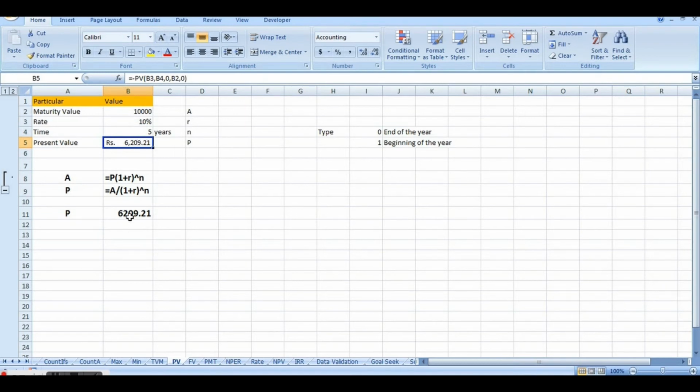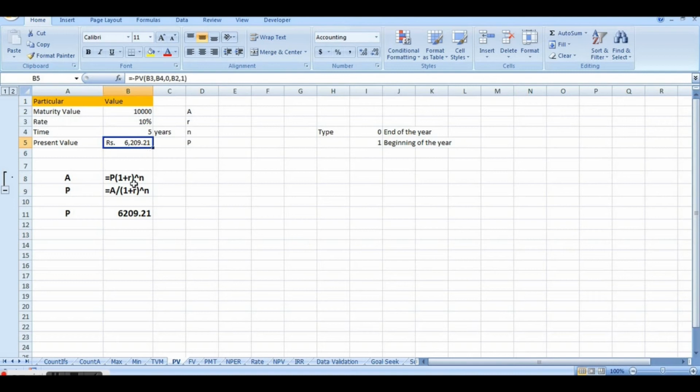So you get the similar answer pretty easily. So this is how you can use the present value function. Now if you want to see the difference, that instead of end of the period, if we use beginning of the period, we change the type here. In this case it is not making any difference. Why? Because it is a deposit. If you go for a loan and change the type and there are multiple payments, it will show the change. That we will see in the PMT function when we go for it.